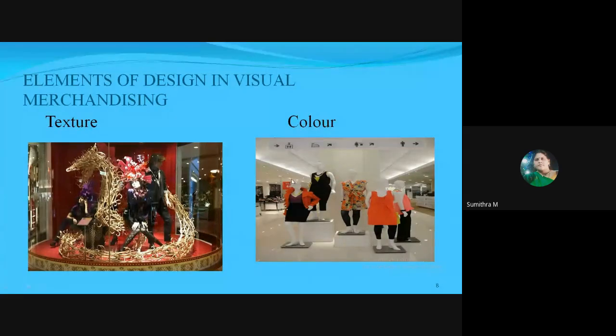And the next aspect is about color. Color plays a very important role in visual merchandising. Color creates a mood. Color creates a psychological effect. While you're going to purchase a garment, first you feel attracted with the help of the colors. Some people prefer the major attractive colors, or some people will say, I need this yellow color, orange color, particular colors. So color plays a major role in visual merchandising. It easily attracts the customers.